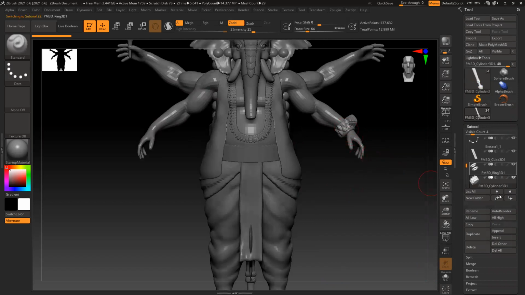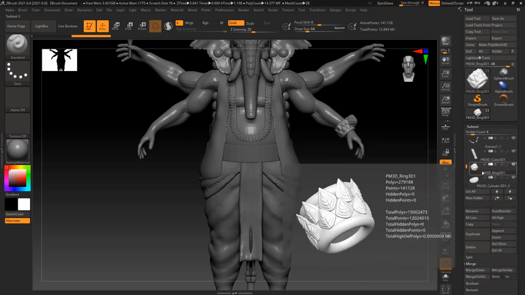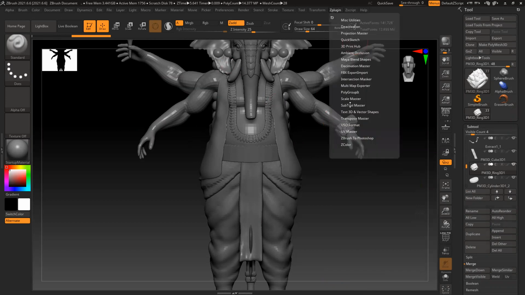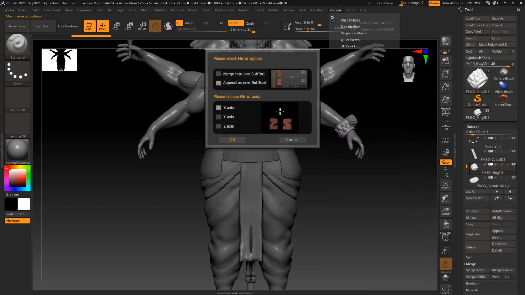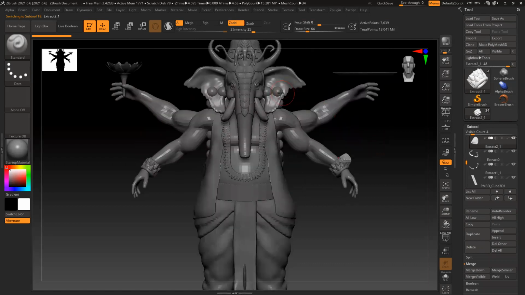Okay, just merge them. Select the screen. Master mirror, and I won't merge them together, just to keep them separate. That's fine. You keep it here.